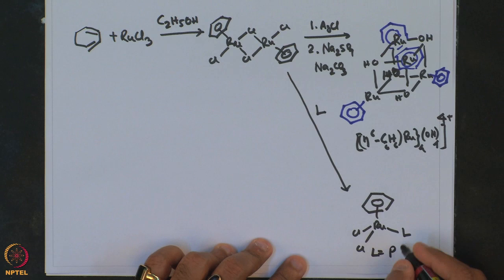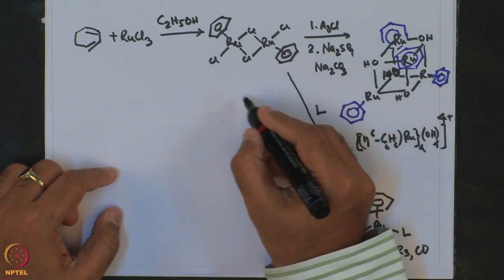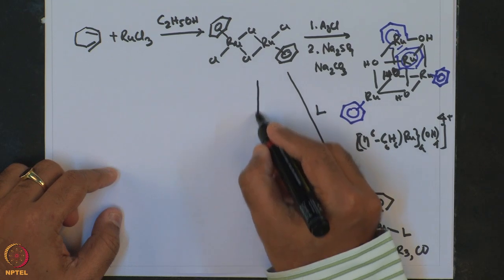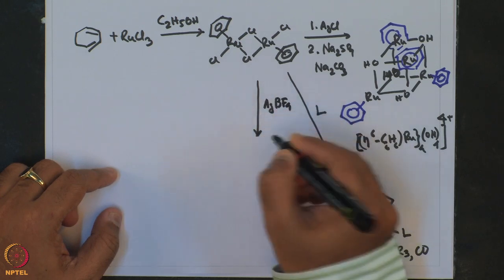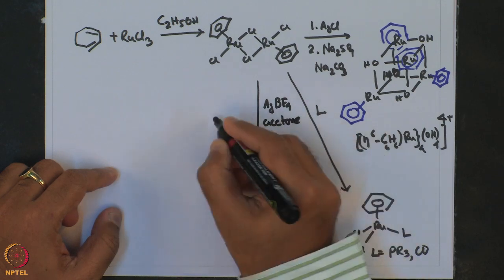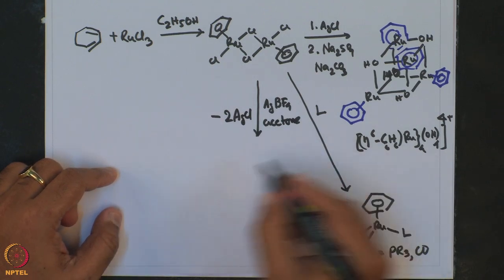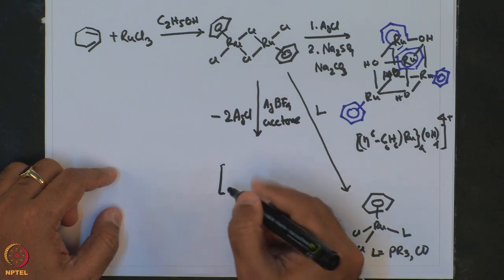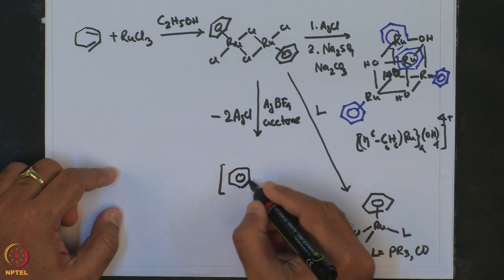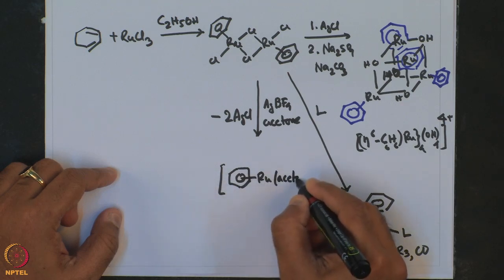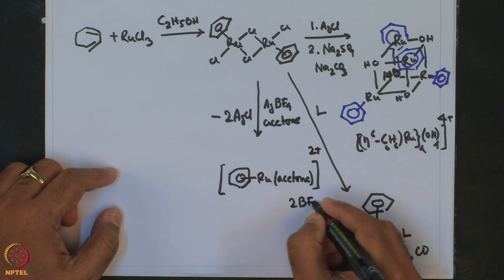L can be PR3 or CO. If one abstracts the halides with AgBF4 in acetone, then twice AgCl results, and one gets an interesting acetone adduct of this compound, 2+ and 2 BF4 minus,